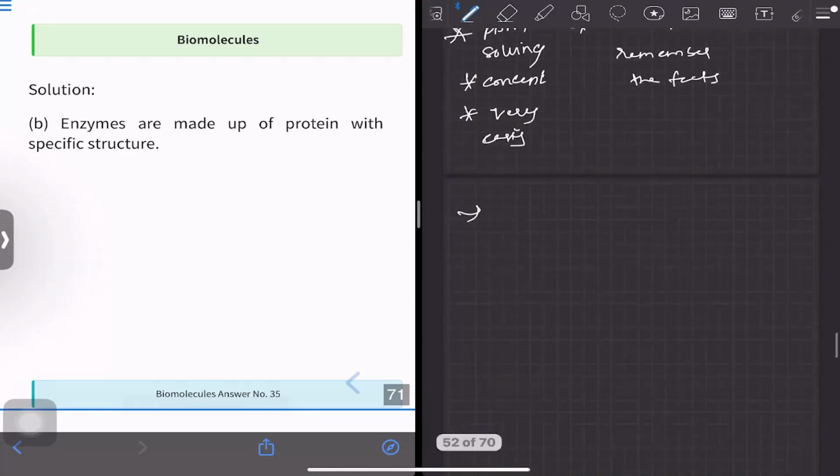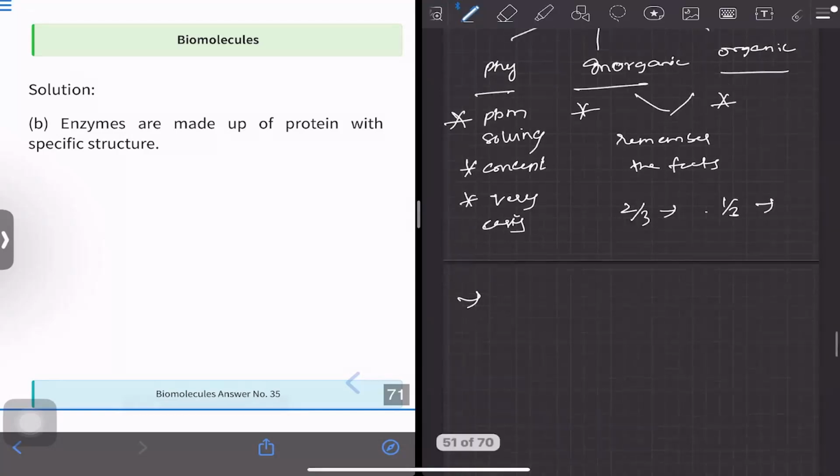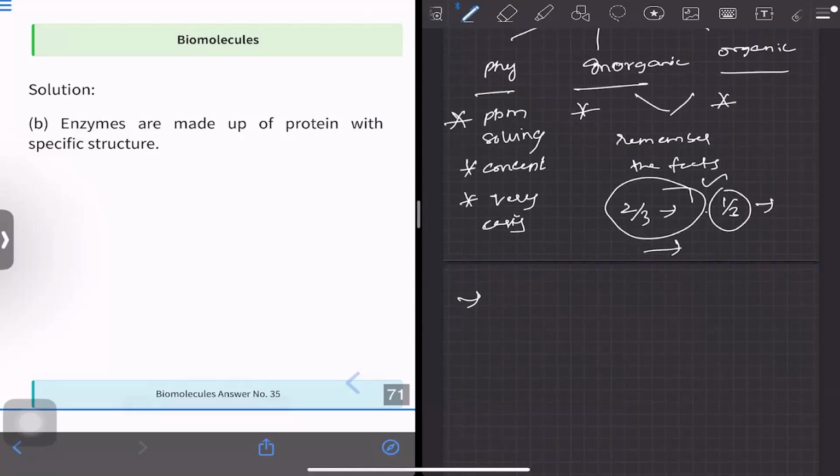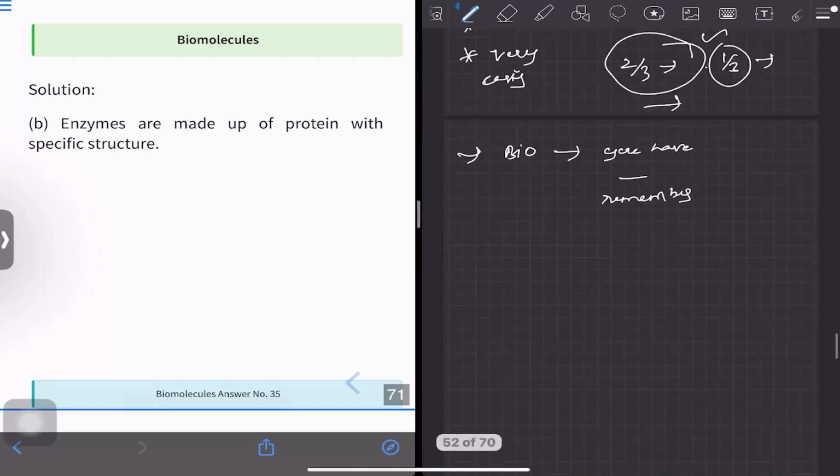Just like bio, most of the portion of chemistry is made up of inorganic and organic. Two thirds of it is memorizing, and one third is solving problems. If you are perfect at this two thirds, it makes it easy for you to score in chemistry. Just like in bio, you have to remember everything, every NCERT line. Then only you can score.